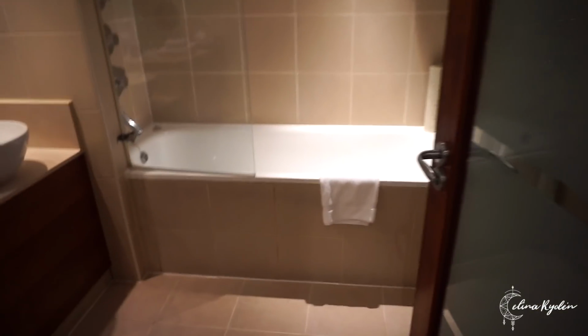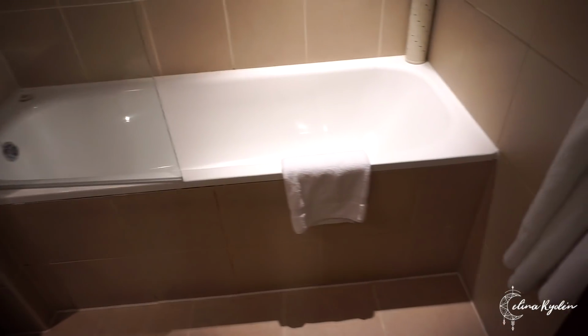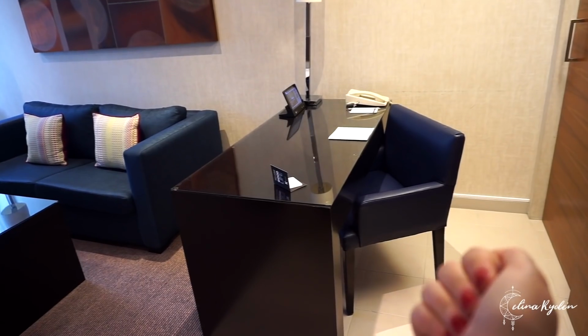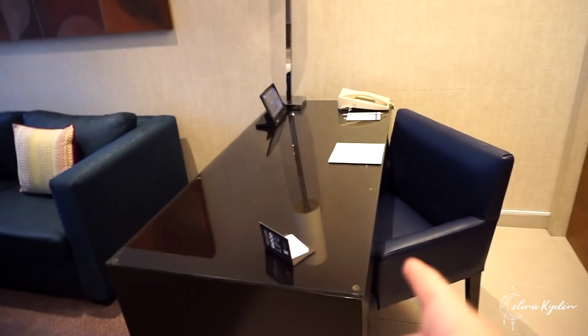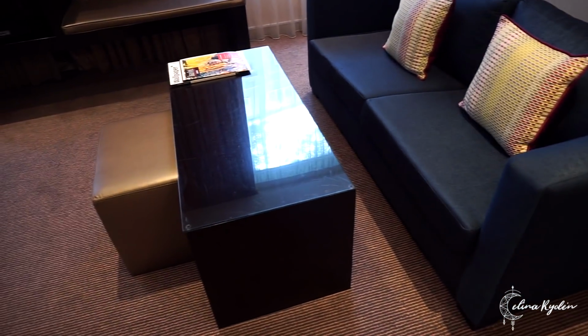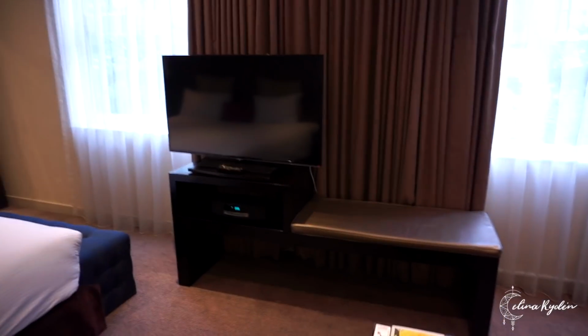And here is the bathroom. And look at the bathroom because there's a tub. I might need to take a bath later tonight. Would be nice. So it's a really large and spacious bathroom. Hello. And out here, welcome to my little workspace, and this is perfect because I need to work now. So I will sit here and then I have a large closet because I have so much clothes with me. Not. Here's a little lounge area and here's the TV and